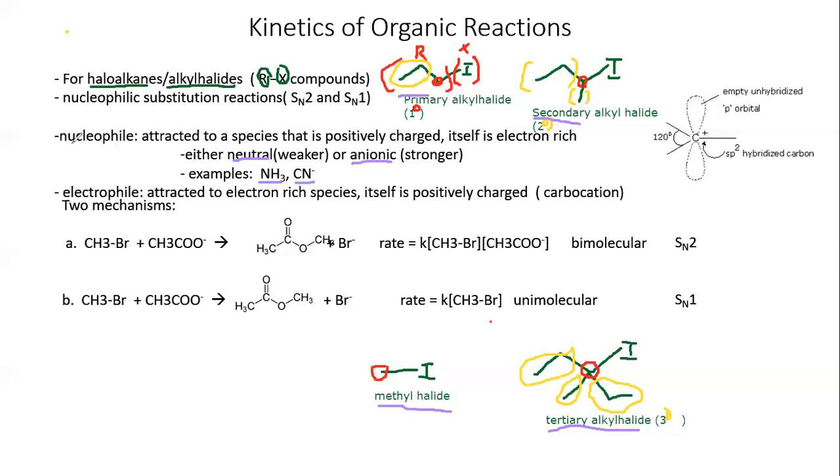So a nucleophile is attracted to an electrophile. So electrophile means it loves negative charge. So it's looking for negative charge to attract itself to. And so electrophiles are attracted to species that are electron rich, aka the nucleophile. But itself is positively charged. And the only electrophile we're going to use is what's called the carbocation. So again, this is the only electrophile we're going to use throughout this entire series when we're talking about kinetics